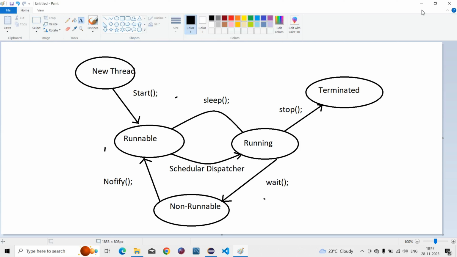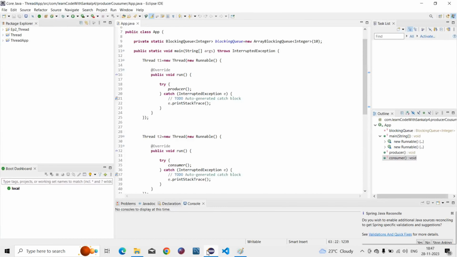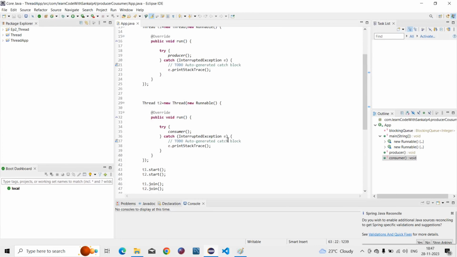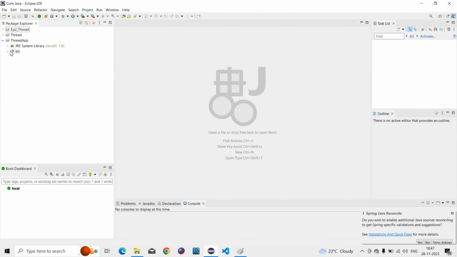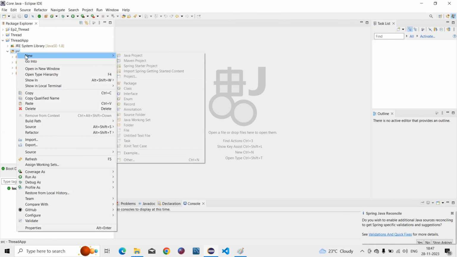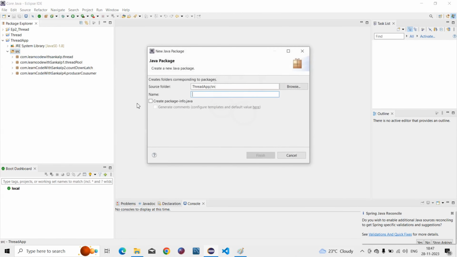Then we have to process it programmatically. We are going into our Eclipse. Inside the Eclipse, previously we have learned about the producer and consumer example. Now we have to learn about wait and notify. Then we have to create one package named com